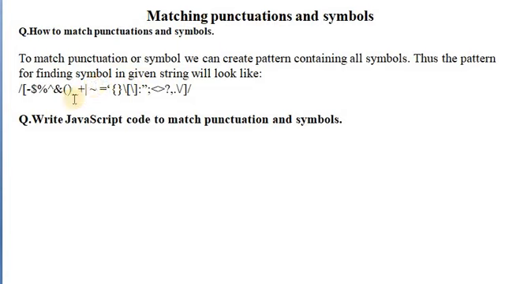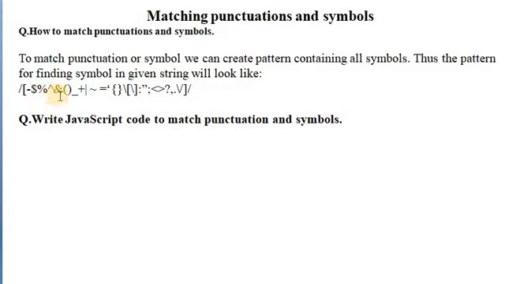The hyphen is a special symbol, so in a character class it is placed right at the first position. The hyphen is special because it can be used to represent a range of characters, and the same character class can be simplified with a range. Suppose you write dollar hyphen dash, then the range is dollar to dash. Suppose you write colon hyphen question mark, so that colon to question mark is